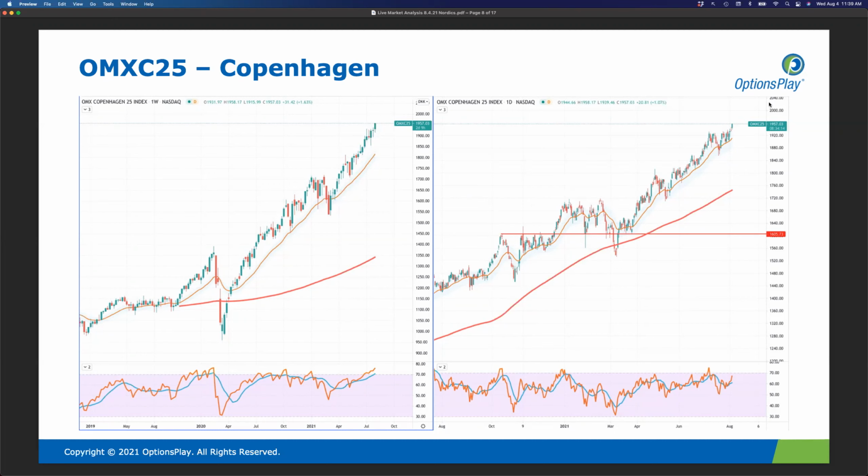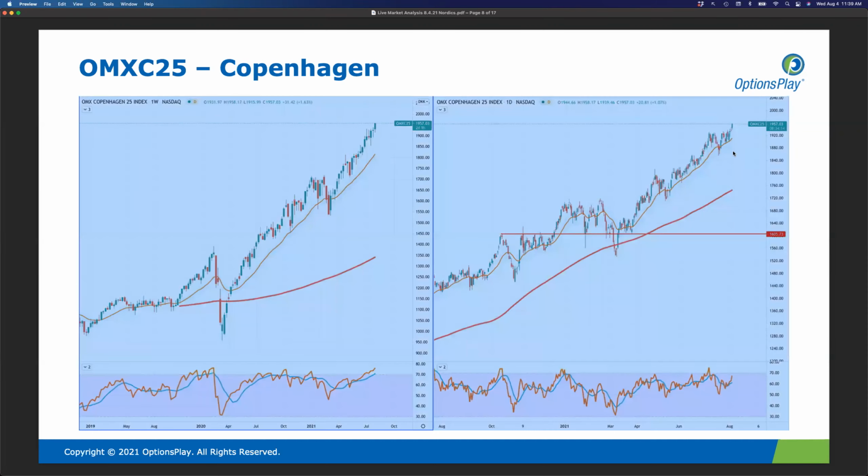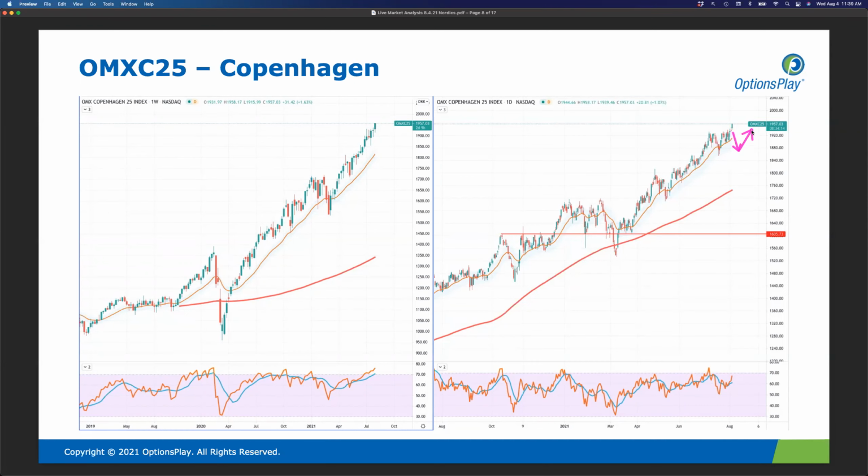So I do think that we're starting to get to some levels that are going to be tough for the markets to continue moving significantly higher before they have more of a consolidation period. Because after long moves like this, big moves like this, you need to have periods of rest in order for them to continue moving higher. You simply cannot have markets that just keep moving higher and higher and higher without resting,